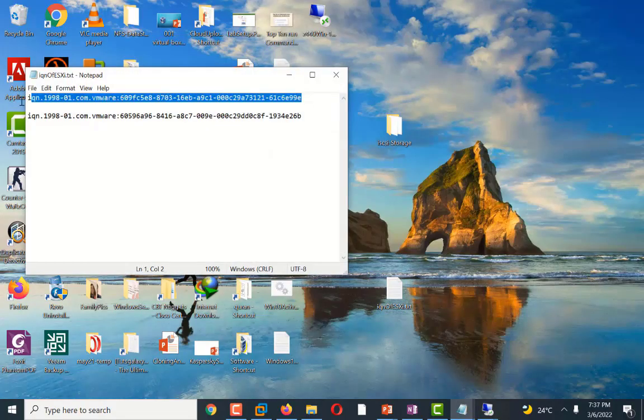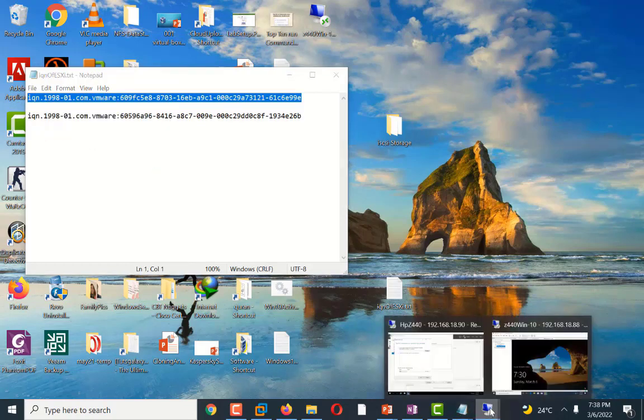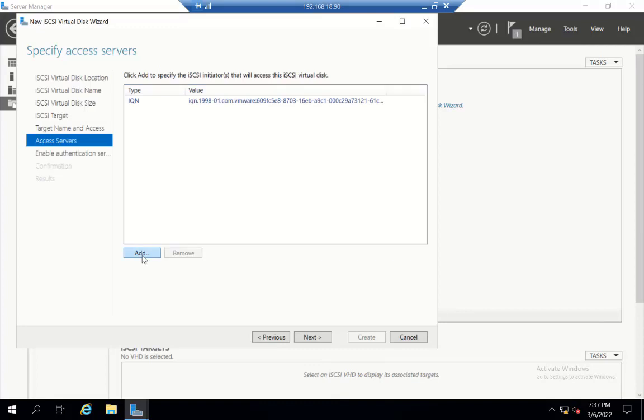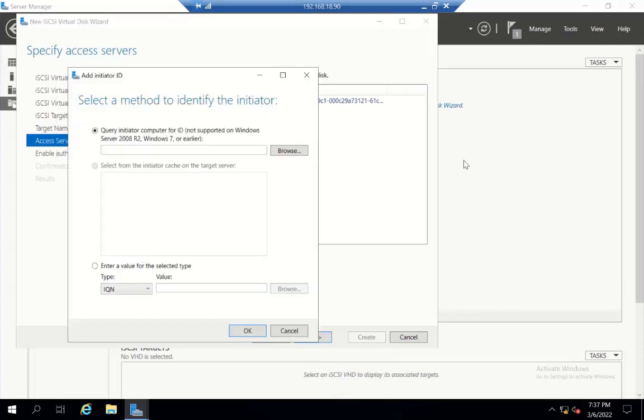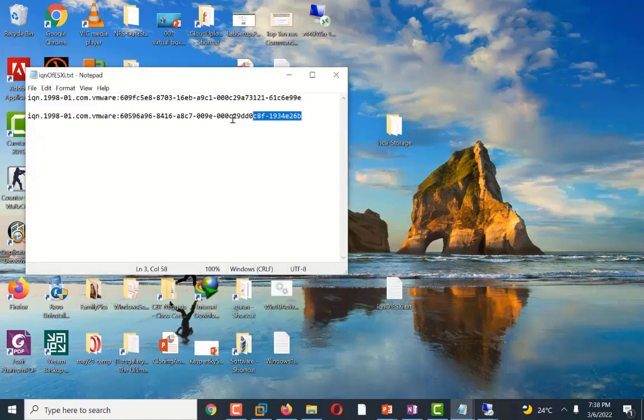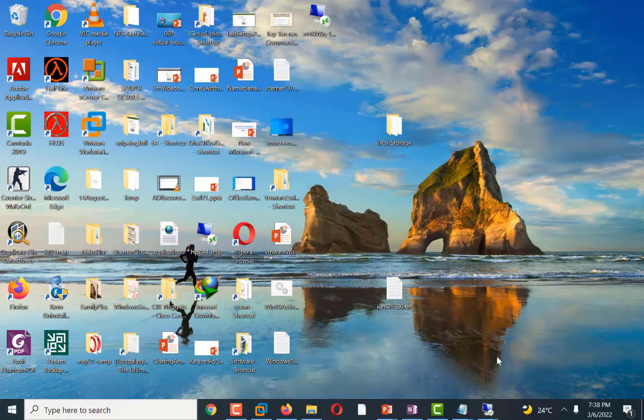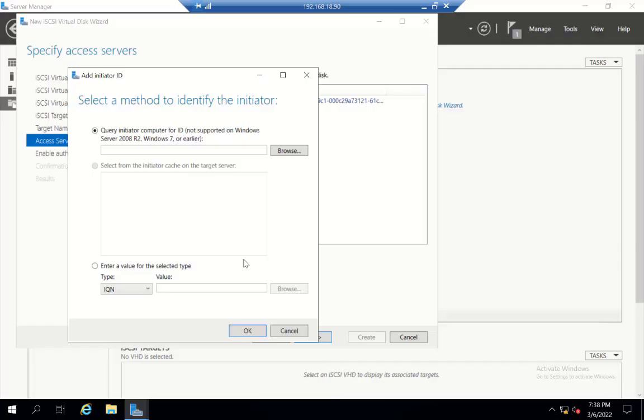Again I will add the second IQN number, copying my second ESXi server IQN number and pasting it, and click OK. You can see now these two IQN numbers associated with my HBA card are added in the iSCSI target.